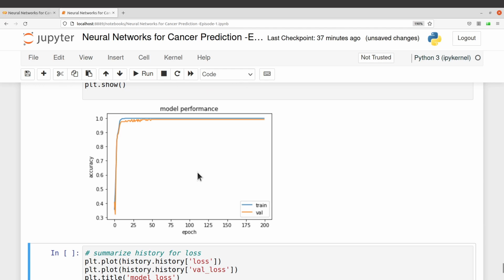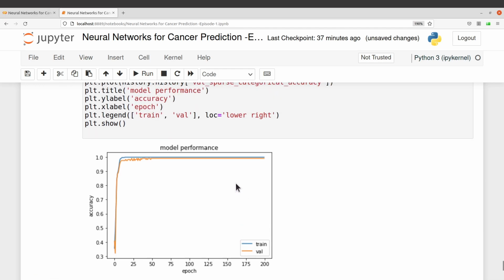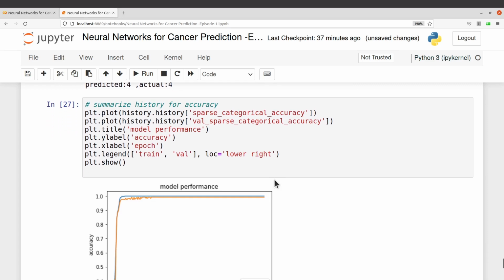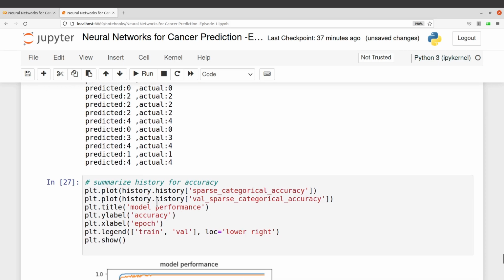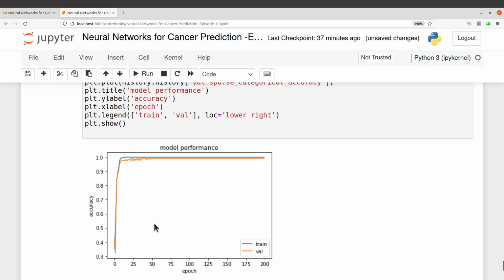Perfect. So this is the model performance. We have training and then validation. This is for the accuracy that we set here. The color scheme here will help you to differentiate between these plots. The blue one is for training, and then the dark yellow, let me just say orange. So we have blue for training and orange for validation. You can see that the accuracy, training and validation, were all improving, and then they remained constant,